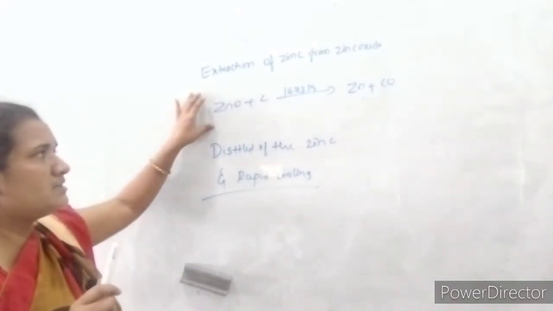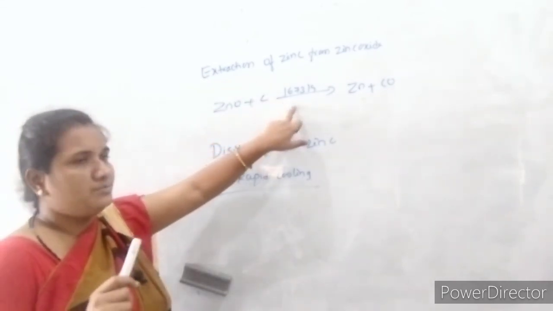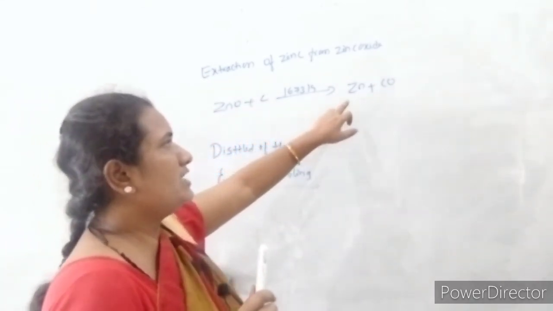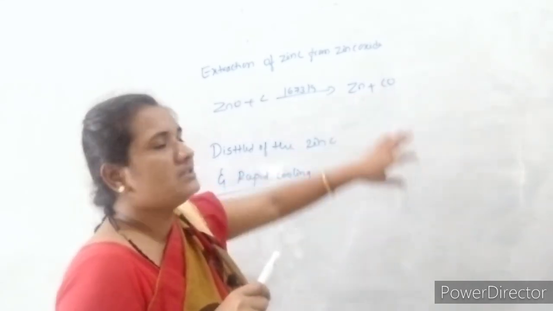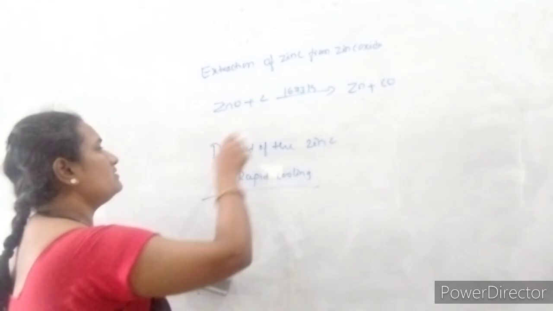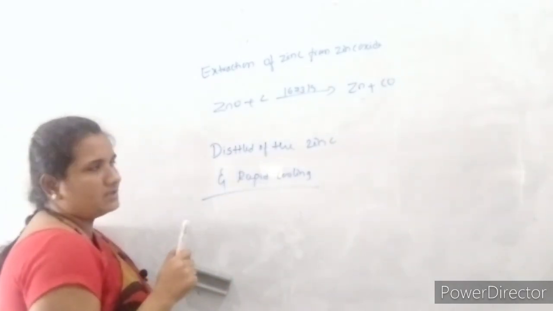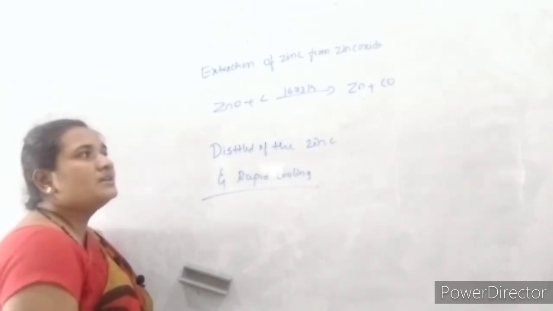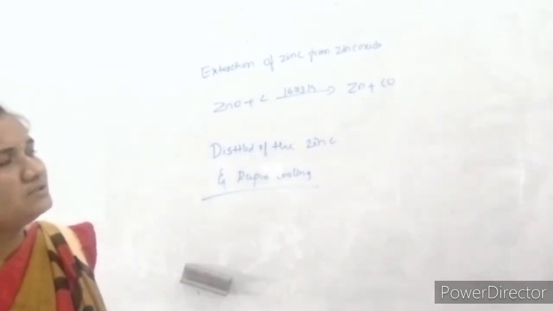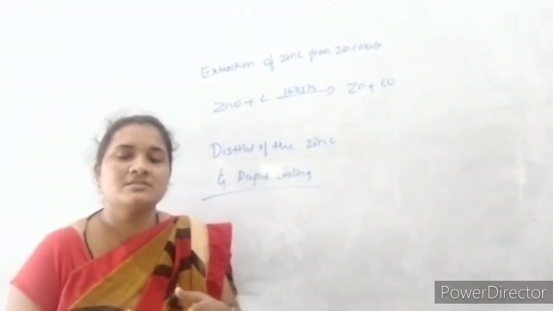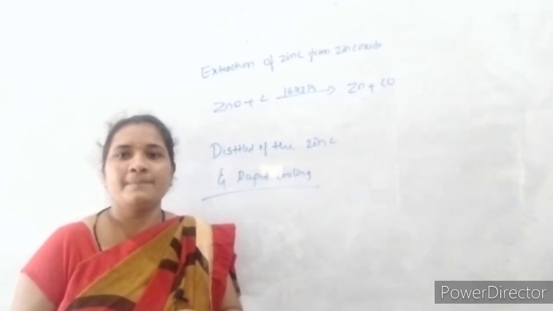Simply we have to heat the zinc ore in the presence of red hot coke at a temperature of 1673 Kelvin. Then we get the formation of zinc briquettes with the clay. Then this zinc will be distilled off by rapid cooling or chilling. In this way we collect the zinc. One more application is the extraction of copper from its ore, which will be discussed in the next video.